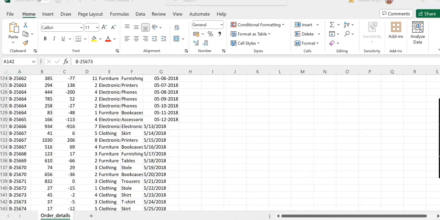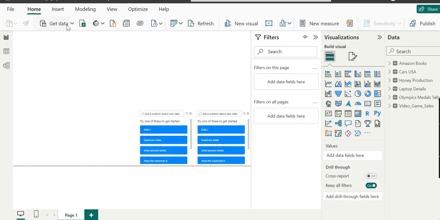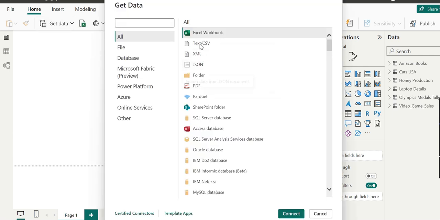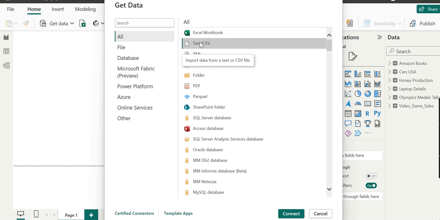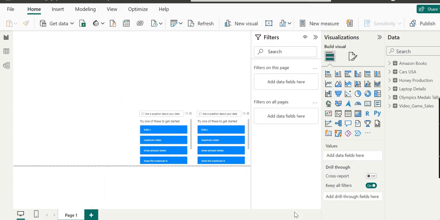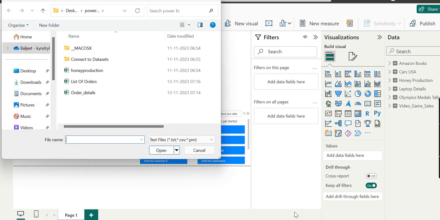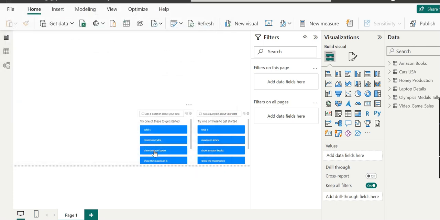So we will go to Power BI and go to Get Data. We will choose the Text/CSV file and click Connect, and we will upload order details. It will take a few seconds.